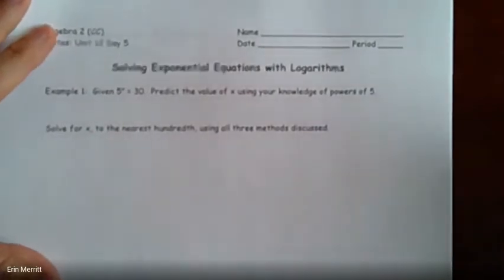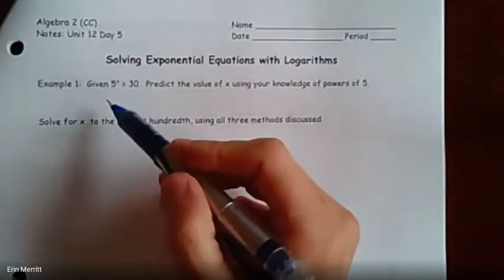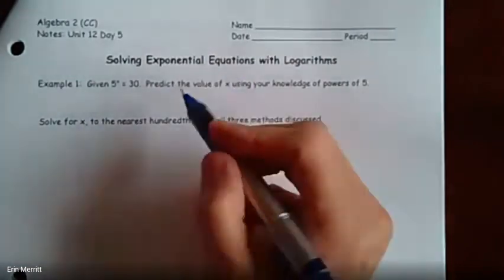What we are doing for today, this is the whole point of logs: how can we solve with them? How can you find the exponent using logarithms? So solving algebraically is the goal here. So the very first part, when it says, given the example, 5 to the x power equals 30, let's just